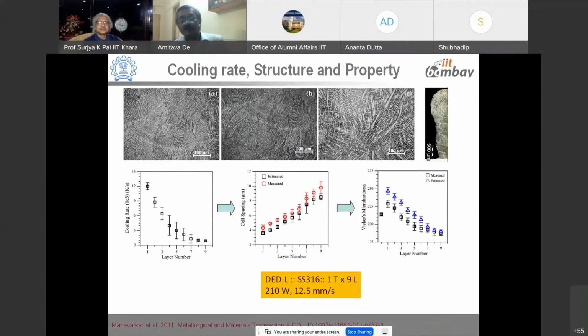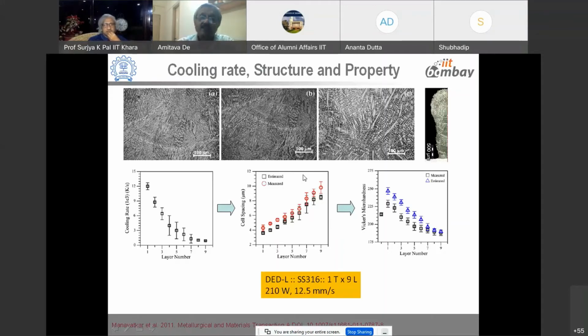Going further, once such models are developed, we can do things that we have been dreaming about and that we have done in the case of other conventional processes. We can calculate the cooling rates in different layers. If we know the cooling rates, we can calculate, for example, the dendrite arm spacings, the solidification, and the solidified structure. This can also be validated against experiments to see how well it is predicting.